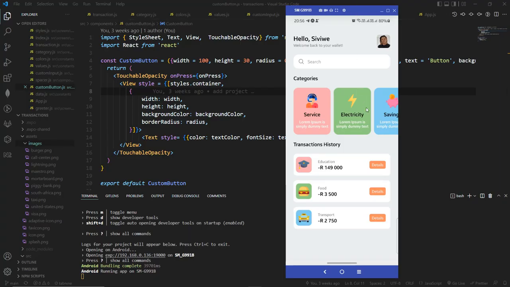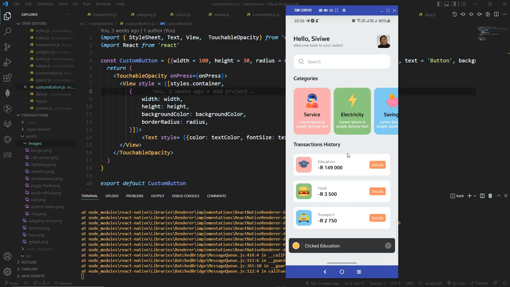Okay, so for those of you who didn't see the previous video, what we did was just add these cards. We made these reusable components, and also this reusable component here, and the button as well. If you click on it, it tells you which component you clicked on, and if I click here as well, it tells me I clicked on the food component here. If I click on electricity, it tells me that I clicked on electricity. So these are pretty much reusable because we're able to